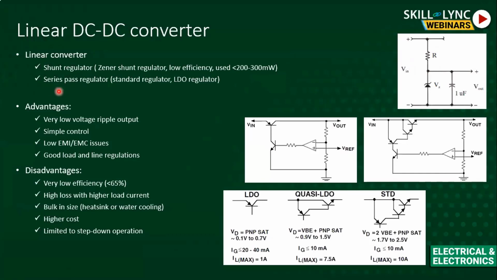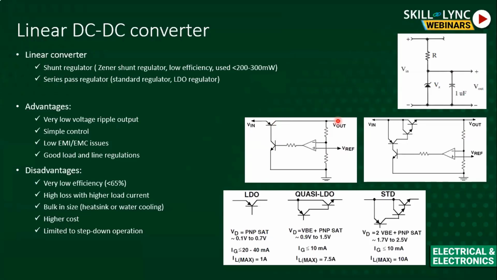The second type is the series pass regulator. You can see there is a different type I have drawn here. In the series pass regulator, a transistor is used, which basically operates in the active region. It is a kind of resistive mode. And the control is based on the output voltage. It is compared with a reference at the target voltage, and that biases the base current of another transistor, which will turn on the series pass element in a way that controls the output voltage.